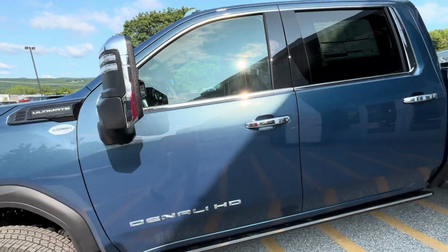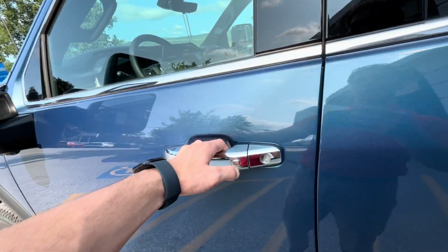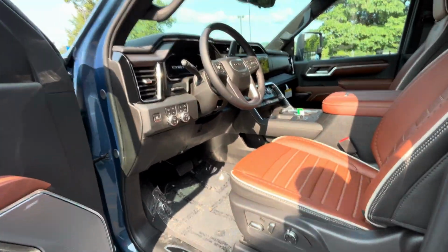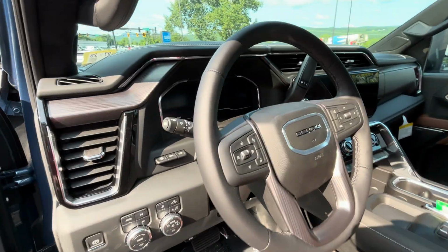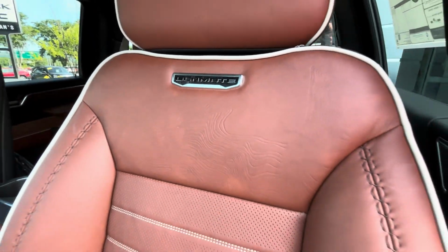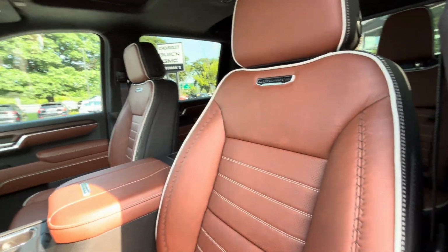Now, with that passive key entry system, you just need your key in your pocket, and you can lock and unlock this door, which is great if you want to keep the key in a bag, purse. You don't really want to take it out of your pocket. Very cool feature. Beautiful, beautiful interior here, topographical upholstery in here, Denali Ultimate seats. We are going to go over all of those features, but first I want to give you a good feel